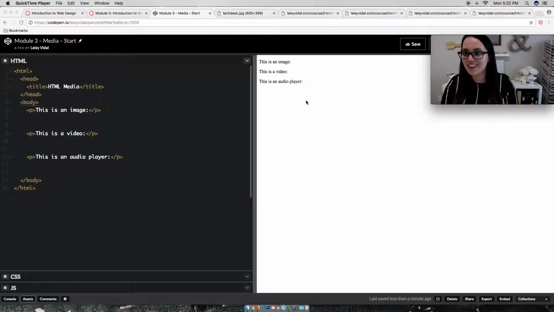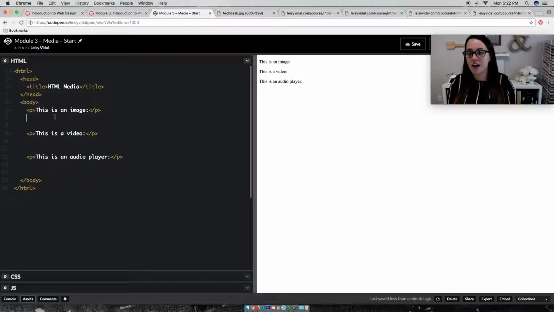Alright, so now here in Module 3, we're actually going to learn how to start adding in media. So media on our web pages is really simple. You can add in images, you can add in video, you can also add in audio if you wish. Now we're going to start over here on the left hand side, and we're going to add in first an